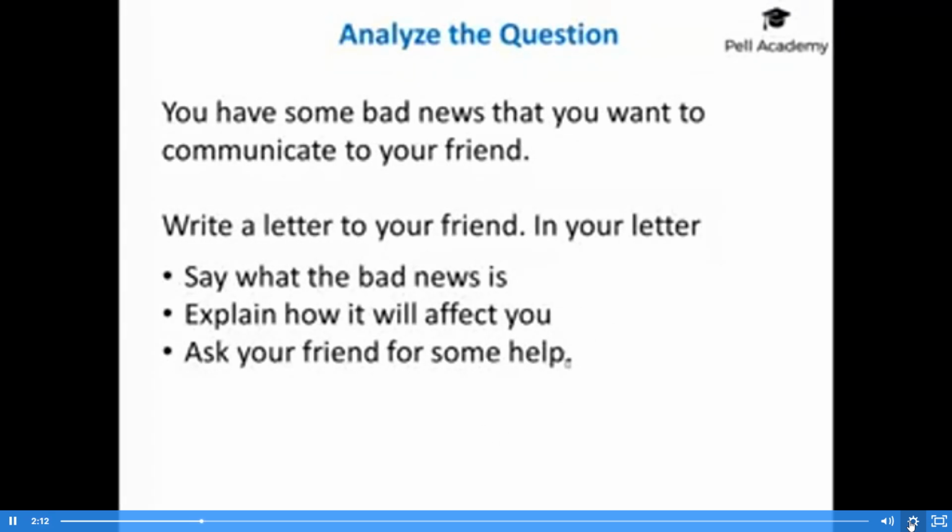So the first thing when analysing the question, I would want to say how here you're asked to communicate bad news. So really, just make sure that you're communicating one thing. Like if you have a list of 2 or 3 things that have happened to you and you try to include all of these in the letter, then it's going to be more difficult to develop it. So just first of all, make sure that you choose one thing, because they haven't told you what that bad news is. You will make your life easier by deciding on just one piece of bad news that you're going to develop.